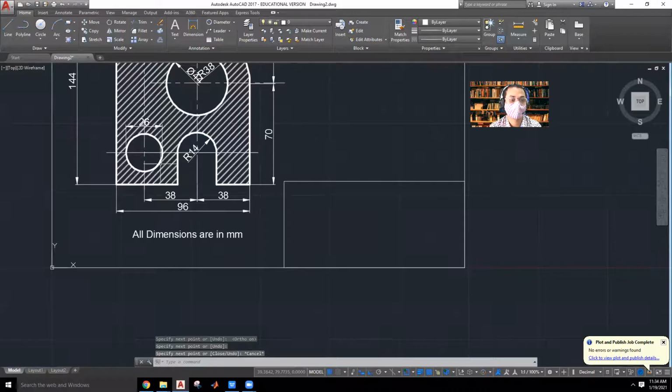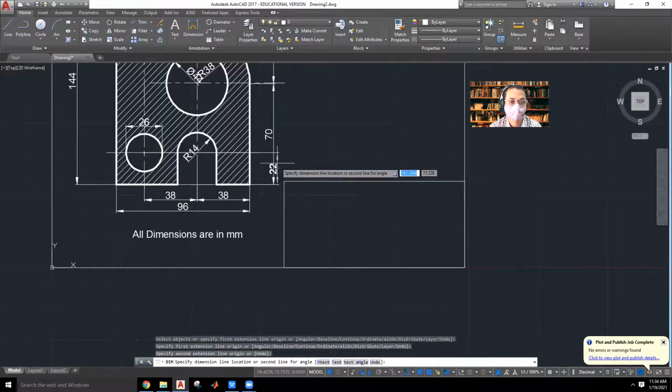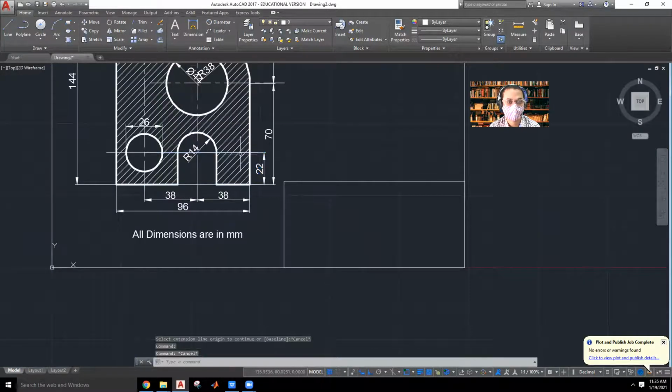The same thing, I'll be making the dimensions, and this line, so I'll select these two lines.